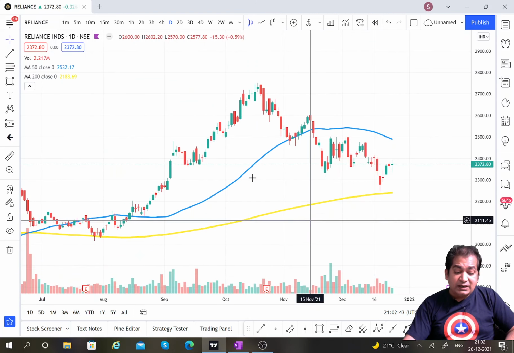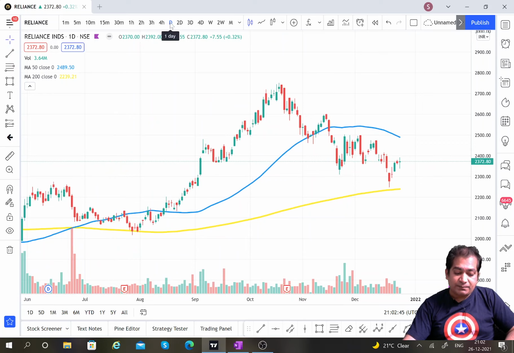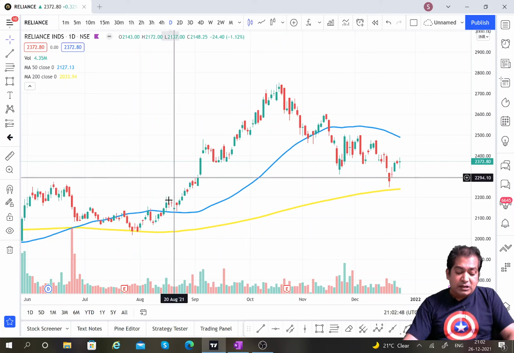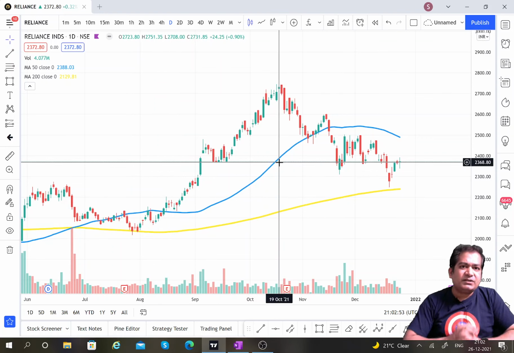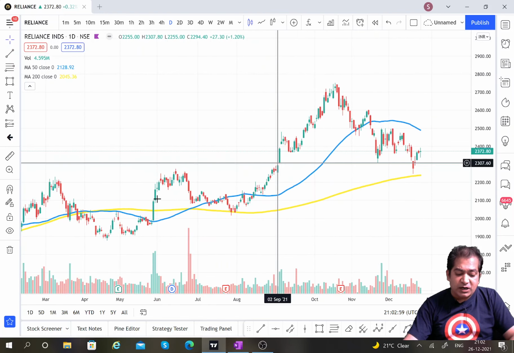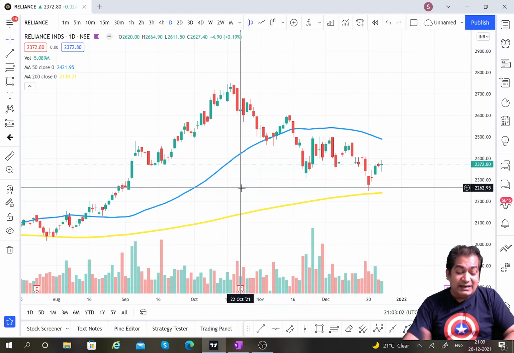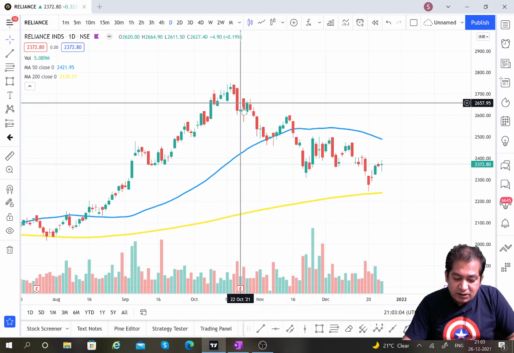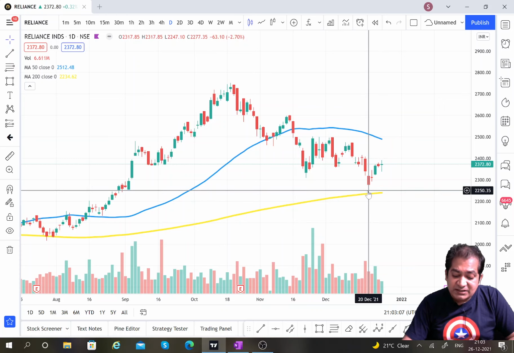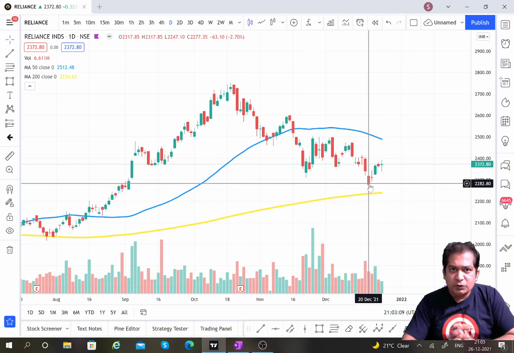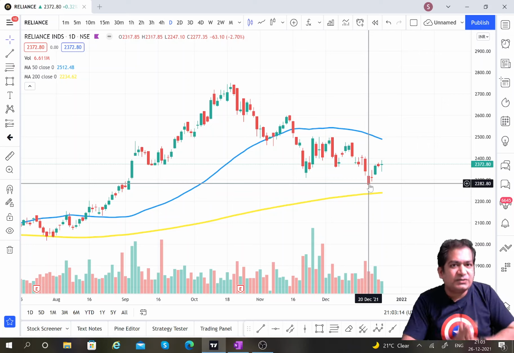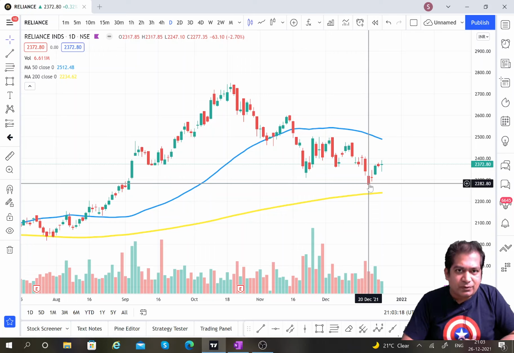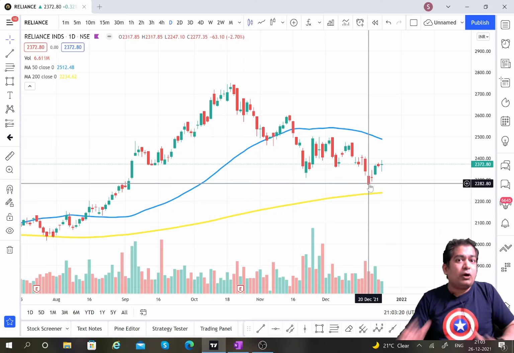So remember, you have to check the daily time frame. If on a daily time frame the price is above the 200-period moving average, then we generally consider it as an uptrend. But if the price is going below the 200-period moving average, now suppose in a daily chart I have plotted a 200-period moving average. It means every candle represents 1 day. So it means the past 200 days of close price it has taken into consideration to determine the average. So we are talking about a longer duration.